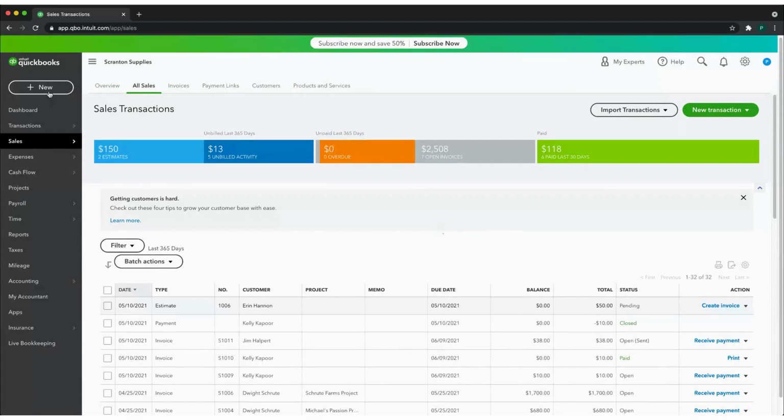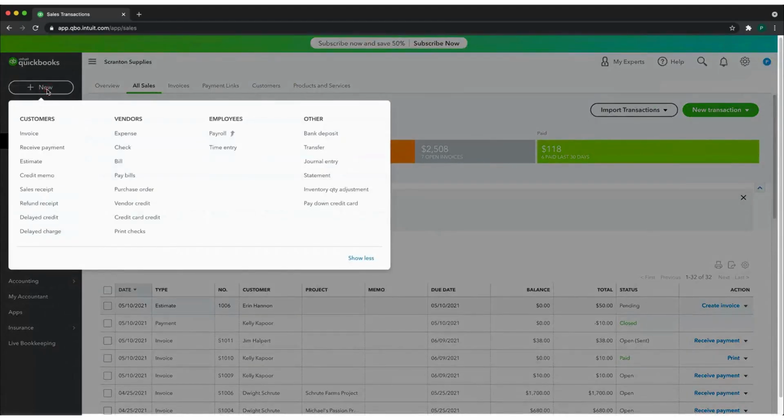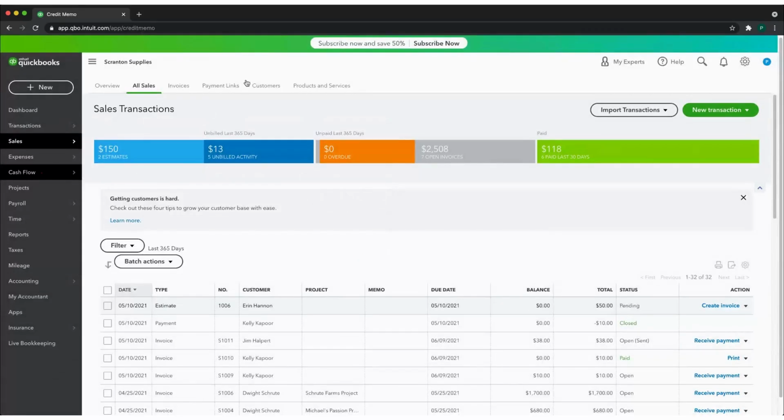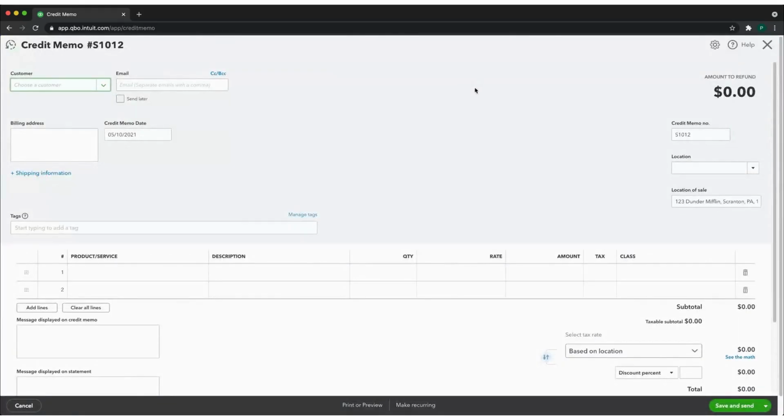The last thing I want to cover, if we head over here to new, is credit memos. And you can see there's a bunch of other different transaction types. I do cover all of them in more detail in my course, but just for this particular tutorial, I'm going to keep it pretty high level and just touch on a few areas. But credit memo, so if you needed to issue a credit to a customer for whatever reason,